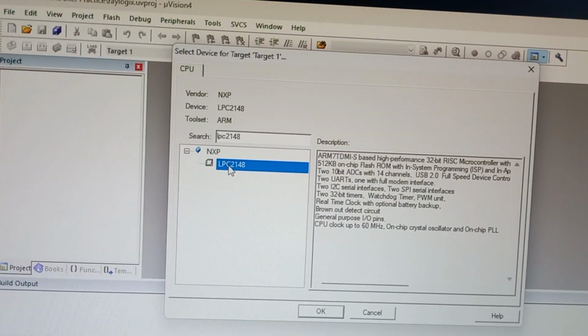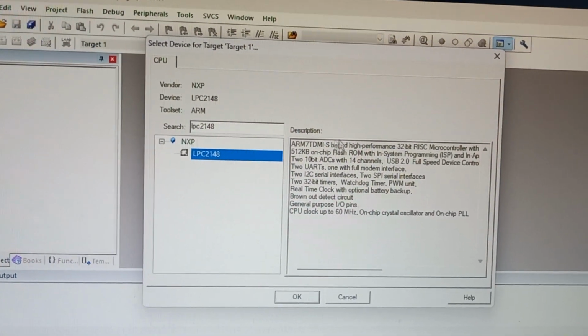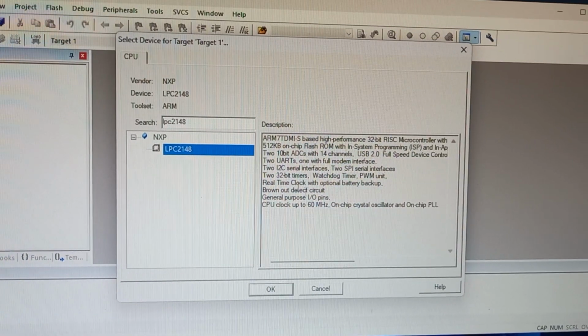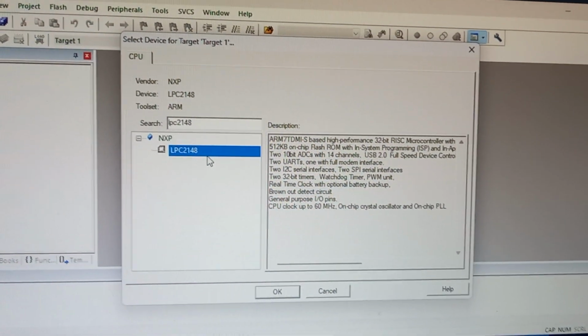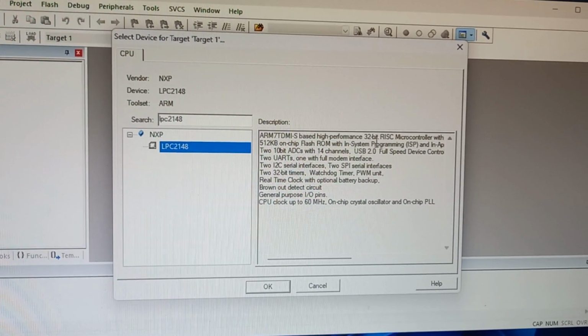So I am selecting this one. We have this kind of ARM7 TDMI. We have the complete description of what kind of LPC 2148 family this is. It's a 32-bit